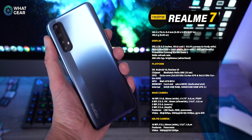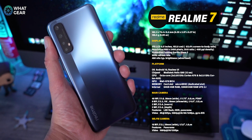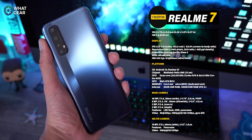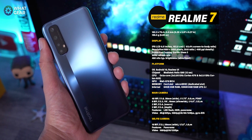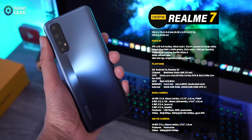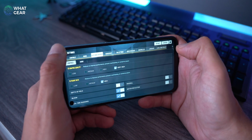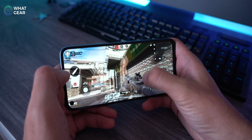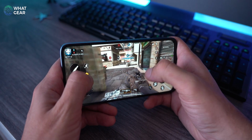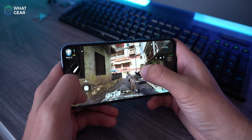So the base variant of this phone starts with 4GB of RAM and 64GB storage. But you can go up to 8GB and 128GB storage if you want, which is the same as what the Pro has. But anyway, inside is the MediaTek Helio G95 gaming chipset, and it can withstand some pretty heavy duty gaming. And to complement that gaming experience further, you've got this 6.5-inch IPS 405 pixels per inch display with a